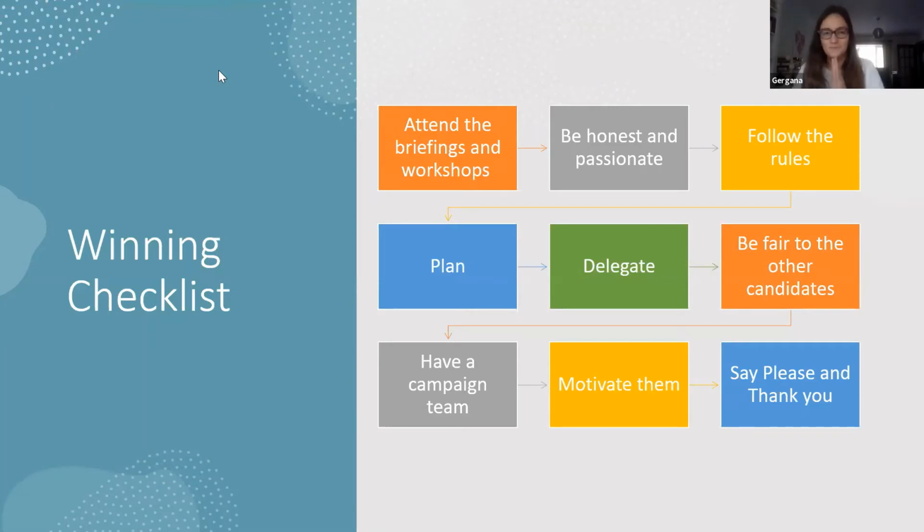Right, moving on. Plan. It's so important to plan. This will be part of our next step, but also delegate. You will not be able to do it all yourself. Bradley has already given you ideas, and I'll give you a few more in the next couple of slides. But you don't have superpowers, and you only have 24 hours in a day. Voting week is not long enough for you to be physically able to do everything yourself.